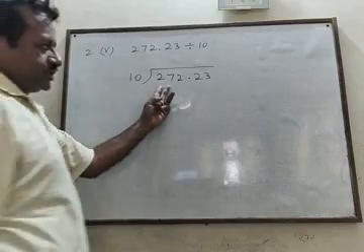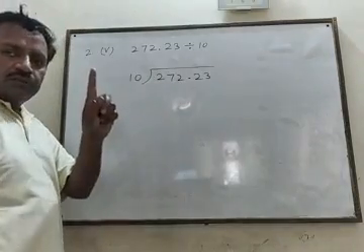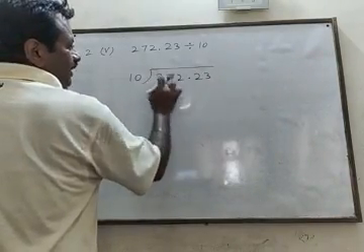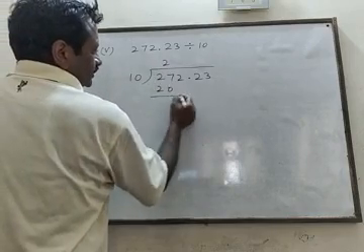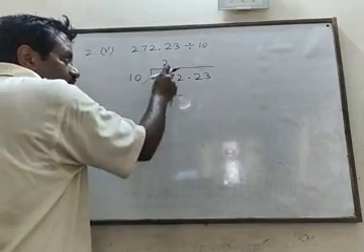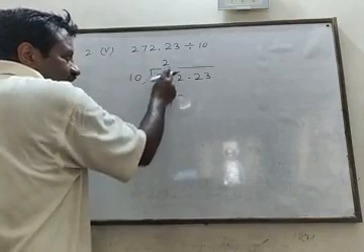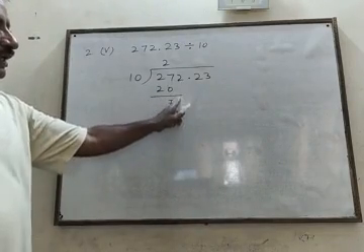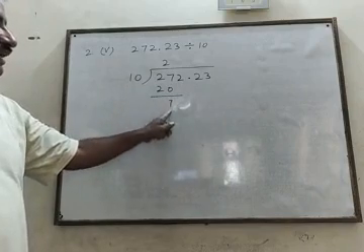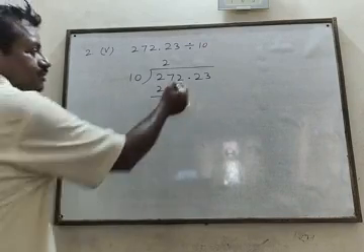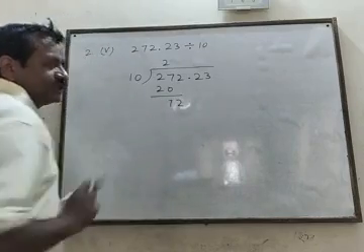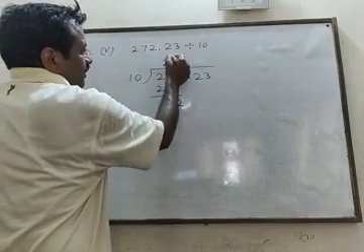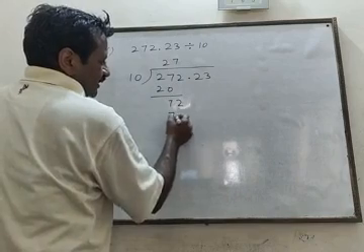So we can take 2 digits before the decimal. Once in the starting, we can take as many digits as we require. So we are taking 2 digits. 10 2 ja 20. 7. Now remember this, that this 7 is remainder. We have not carried the next number. Until unless we carried the next number, we will not check. Once you carry the number, now check whether it is divisible or not. If it is not divisible, then put 0. Otherwise, if it is divisible, put the table. 7, 10 7 ja 72.